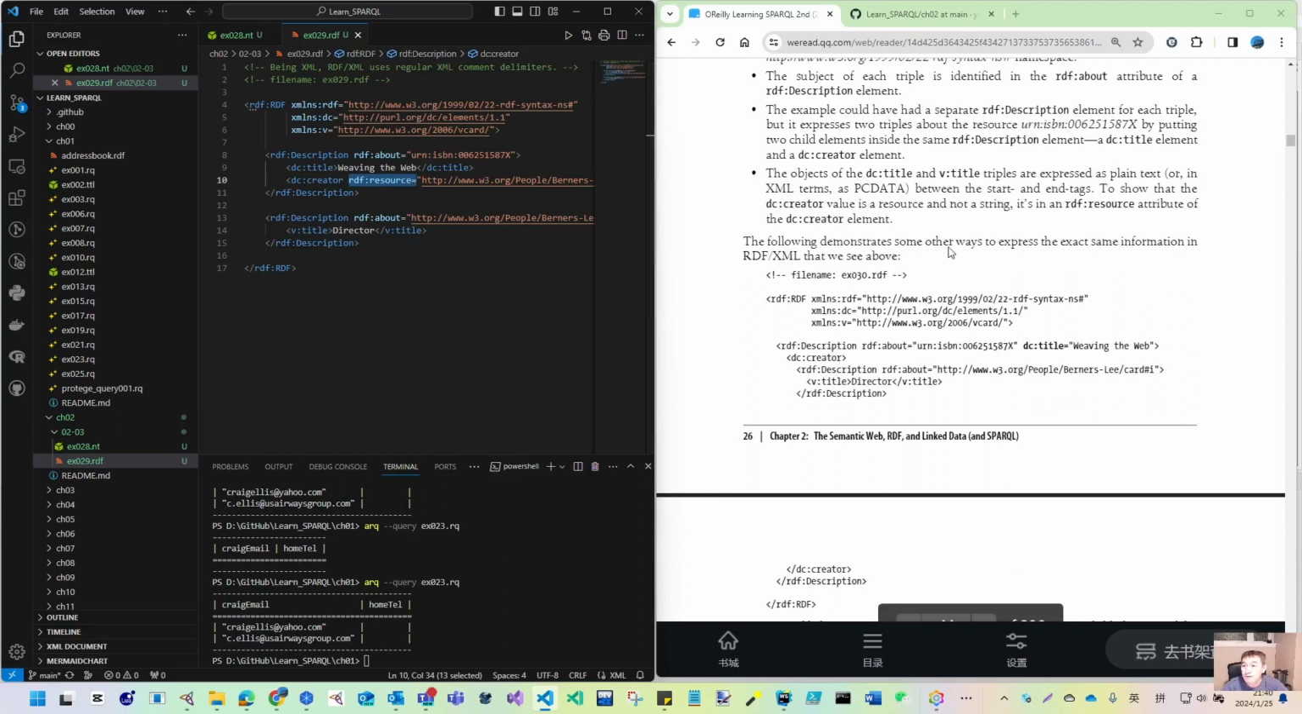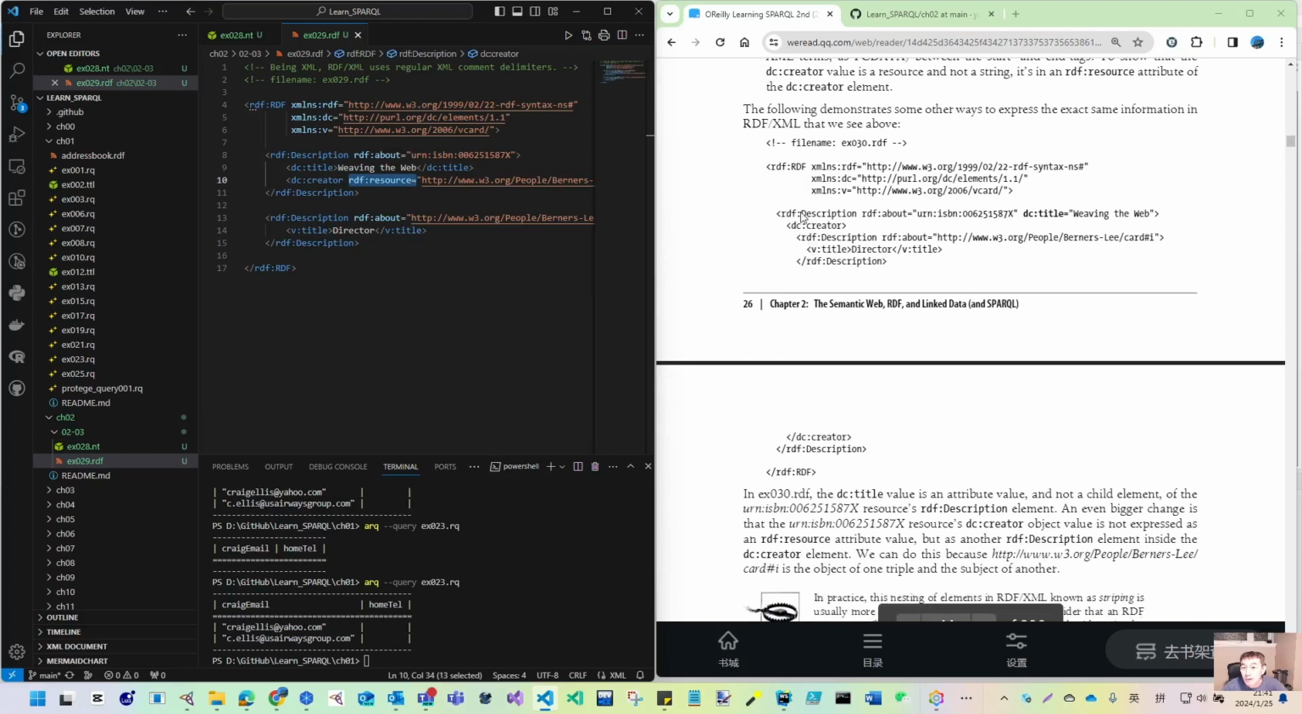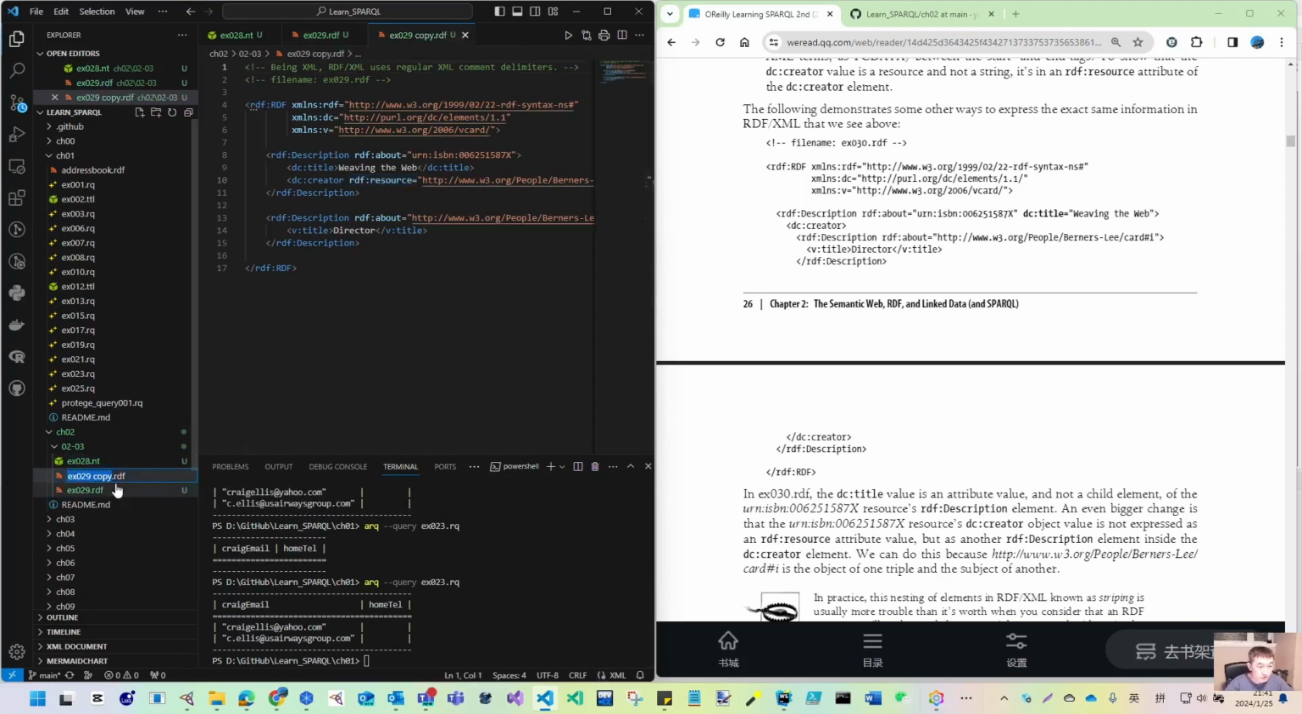And the following demonstration shows another way to express exactly the same RDF. So this is example 29, and let's compare with this 30. We have this RDF, and I think all the namespaces are the same. In the RDF, you can see here, we only have one paragraph of description, and then we have the DC creator to wrap these two parts. So if I make this 30,